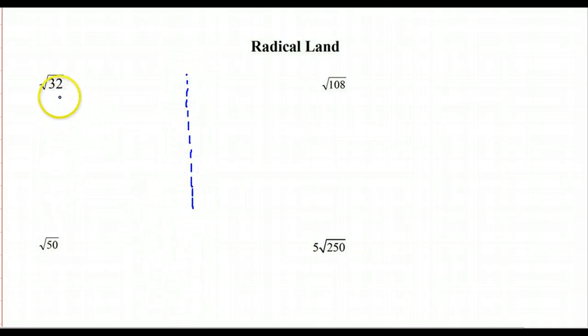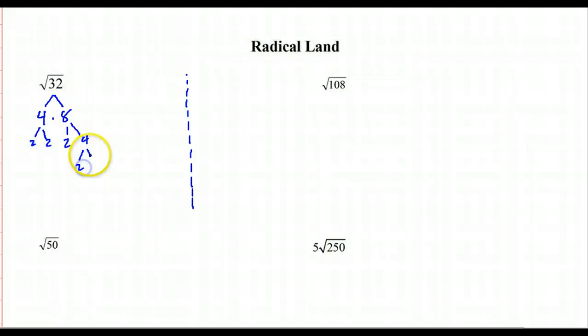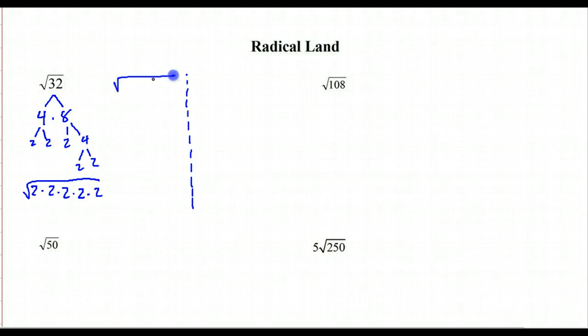So the first one is the radical land method. How you start it is you take the 32 and you break it down. So we know 4 times 8. It's 2 times 2. We do a little prime factorization on it, which gives us a set of 5 2's, and they are all inside of that radical. So you want to write them all out,